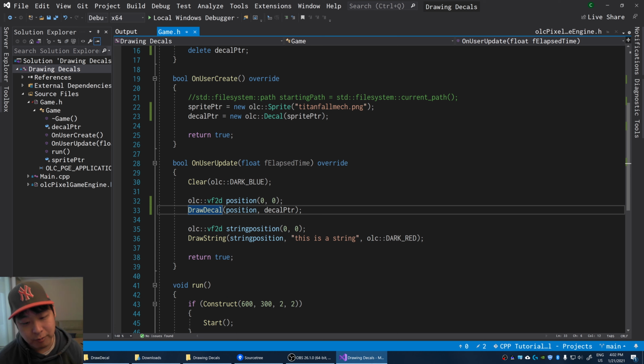I recommend reading the documentation on the OLC Pixel game engine. For now, you don't have to worry about the APIs. You can always come back later and dig deeper, and you'll probably also notice that there's many other options like Vulkan or DirectX. For now, we're mostly concerned about the interaction between the 2D sprites, which is probably already enough for you to build your own 2D game. So for your homework, try rendering different sprites, whatever is your favorite. Also try drawing your own textures and render them on your game window.